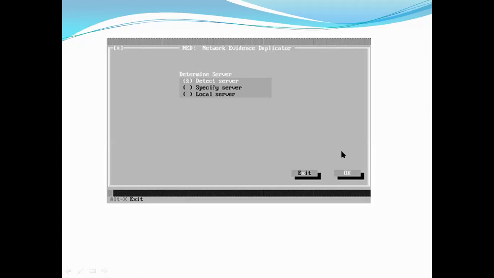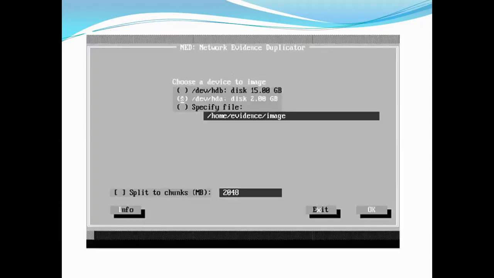After choosing the detect server, as the devices detect the ODD, notice that the text entry process will be enabled. So you have to choose a device to image, and give that specific location. After giving that location, you can use the director of the ODD to duplicate certain partitions if necessary. So after selecting that location, you have to click OK, and it will move to the next plugin selection.